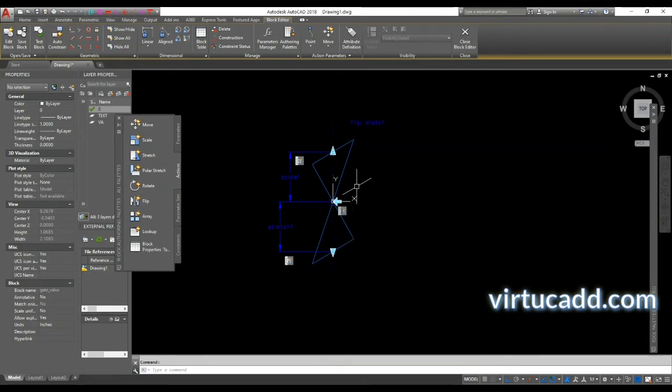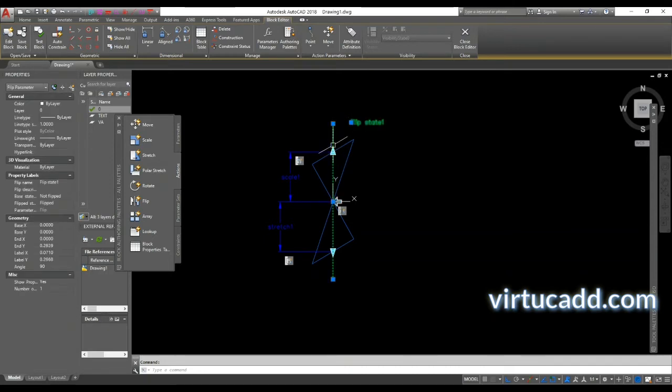So next is to have a line alignment. As we saw, there were different orientations, lines at different angles, and we want to align our center axis here with any line which is at any angle. So there is no need to rotate again and again while placing that dynamic symbol. We will have that parameter over here only. So for that we have alignment here.